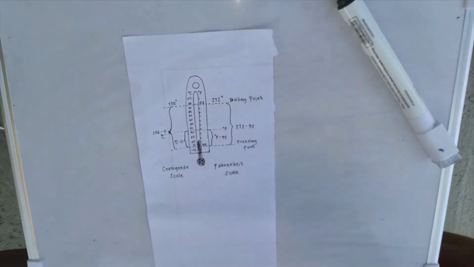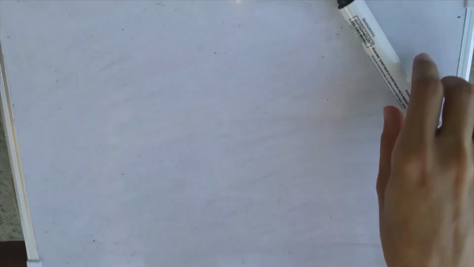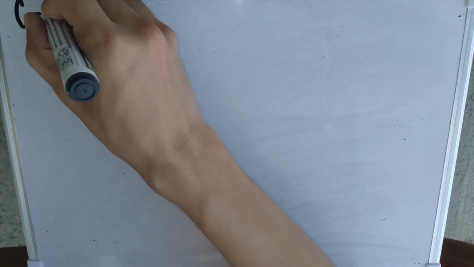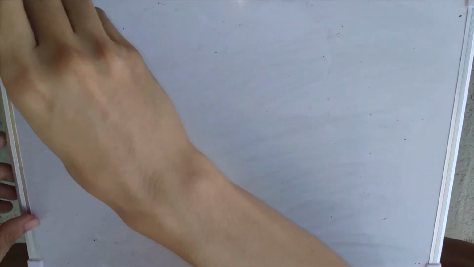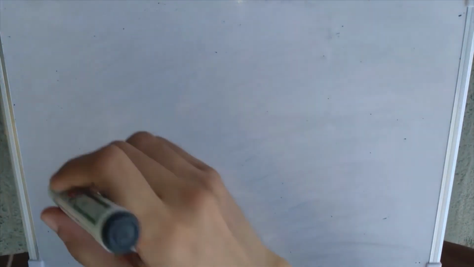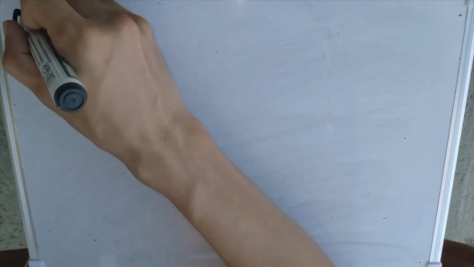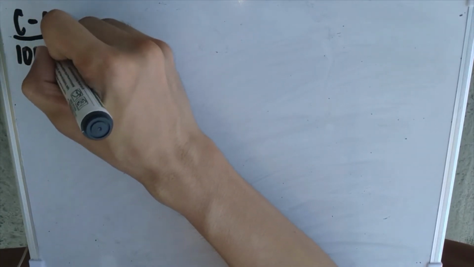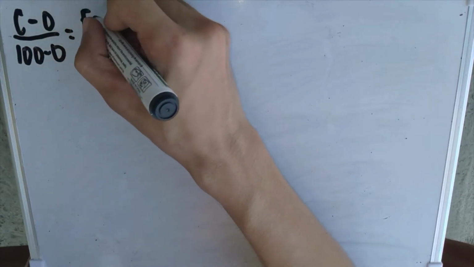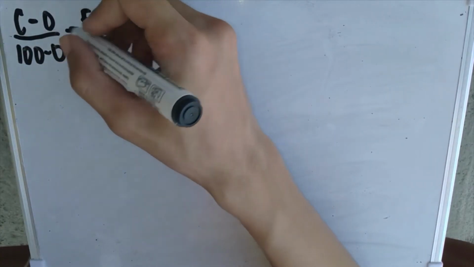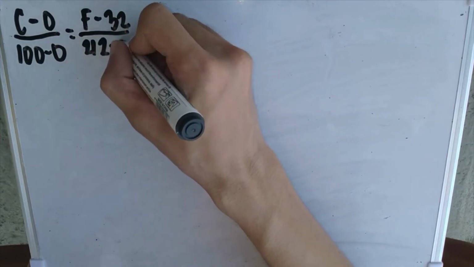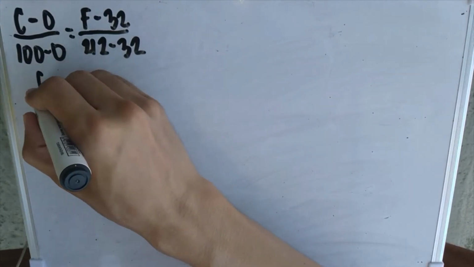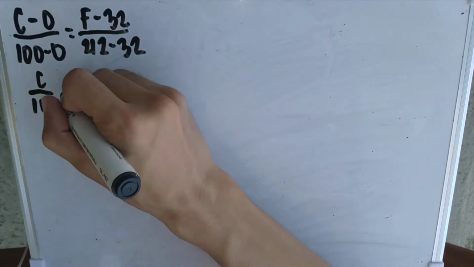So when we write this into an equation, this will become C minus 0 over 100 minus 0 equals F minus 32 over 212 minus 32. And simplifying both sides of the equation, we can get C over 100 equals F